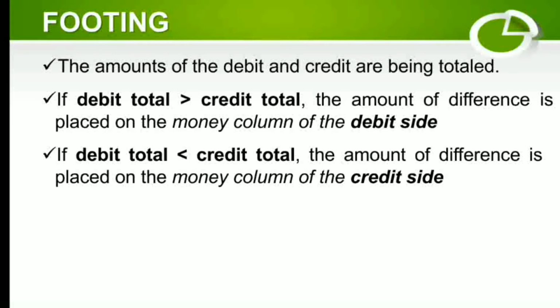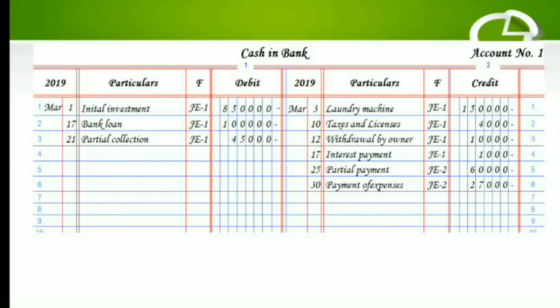Okay, so now we will start footing the amounts in the general ledger, starting off with the cash in bank. Let's total first the debit amount. So we have 850,000 plus 100,000 plus 45,000. So the total debits is 995,000. And then for the credit, we have 150,000 plus 4,000 plus 10,000 plus 1,000 plus 60,000 plus 27,000. So the total credit is